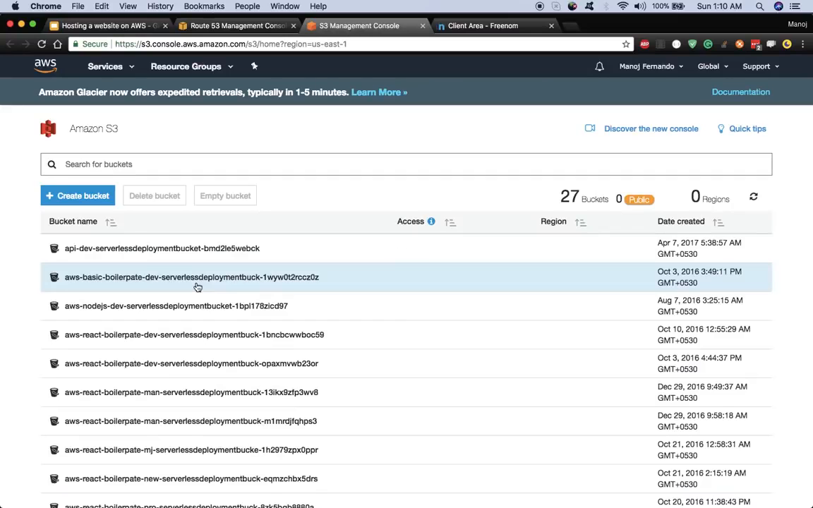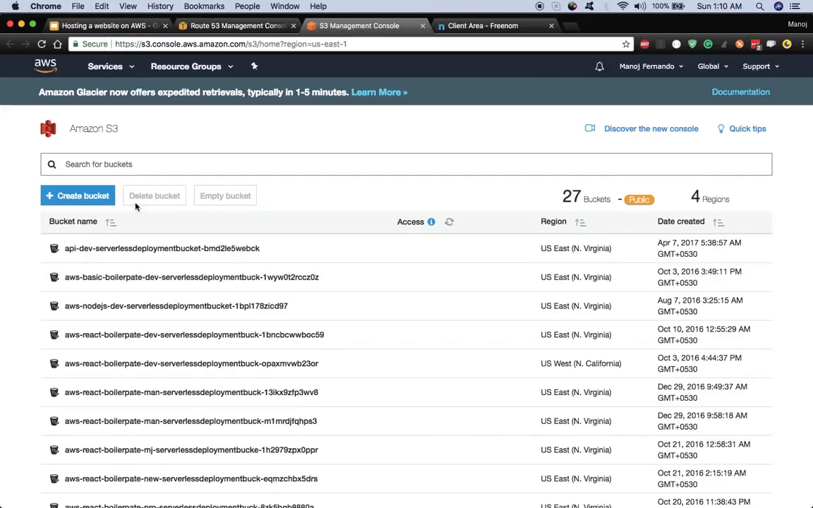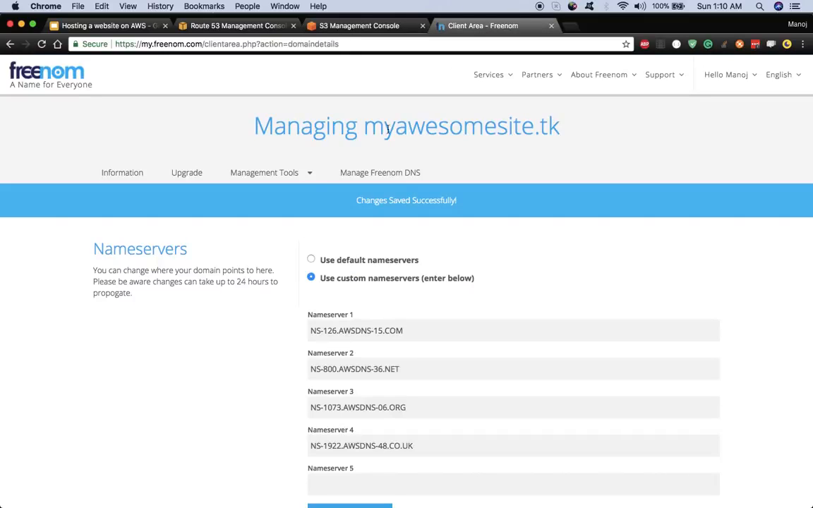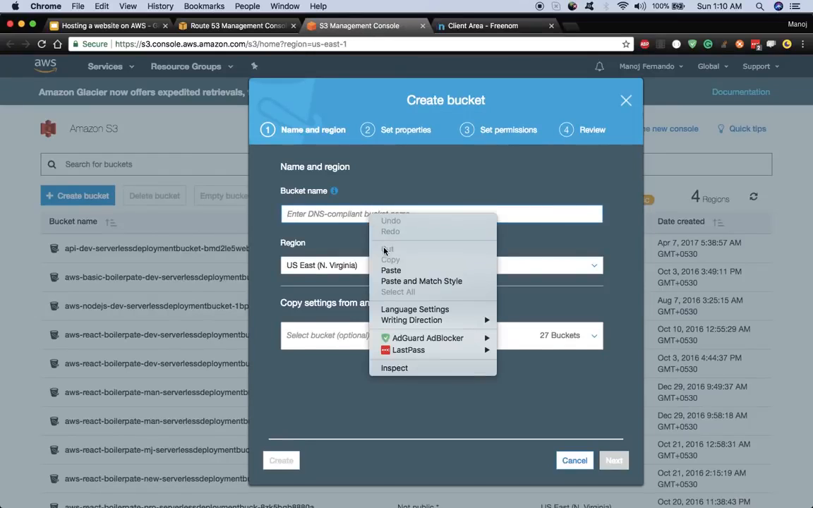Okay. Now you need to create a new S3 bucket for your website. So the important thing to remember here is the bucket name that you're going to provide for your S3 bucket should be the same name as your domain name, right? For example, my domain name is this one, so I will just copy it and paste it